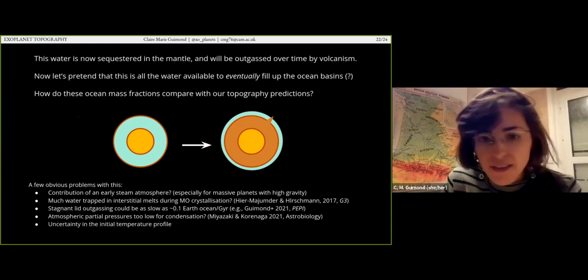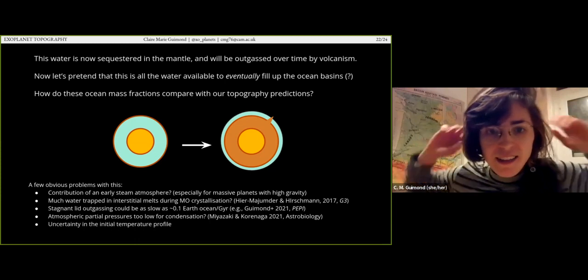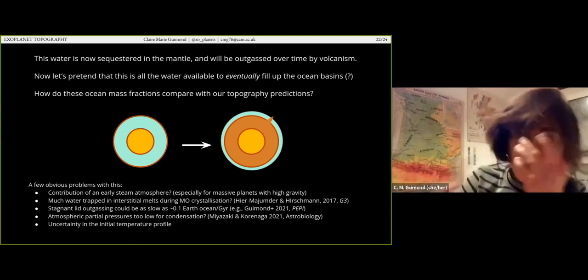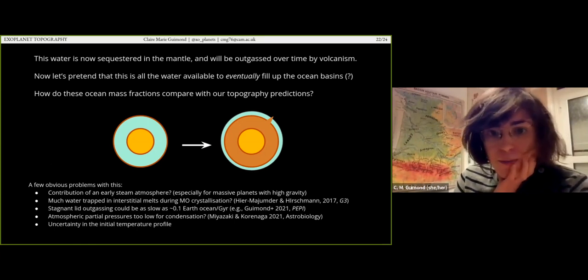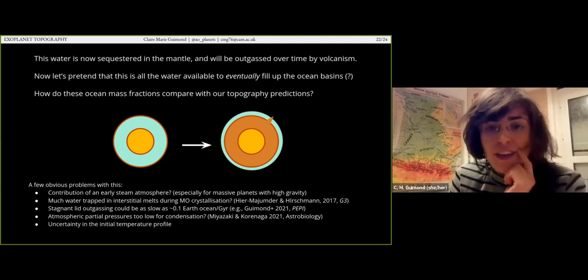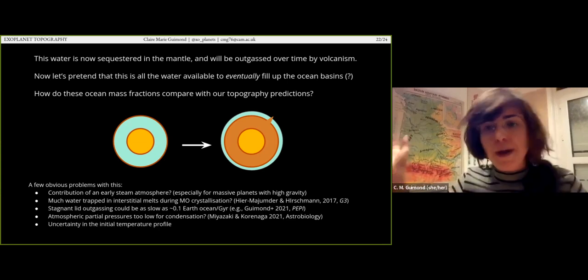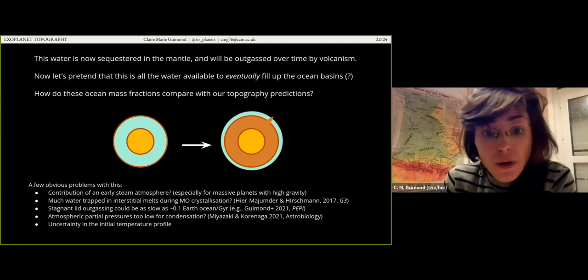And then this is the last couple slides. So we get to tie everything together. Let's pretend all this water that we sequestered in the mantle eventually makes it to the surface. And I know this isn't true, and I know that it's not guaranteed they will condense into oceans, because that depends on the saturation pressure of the water in the atmosphere. But let's just see how the value we get for the maximum water available compares to the ocean basin